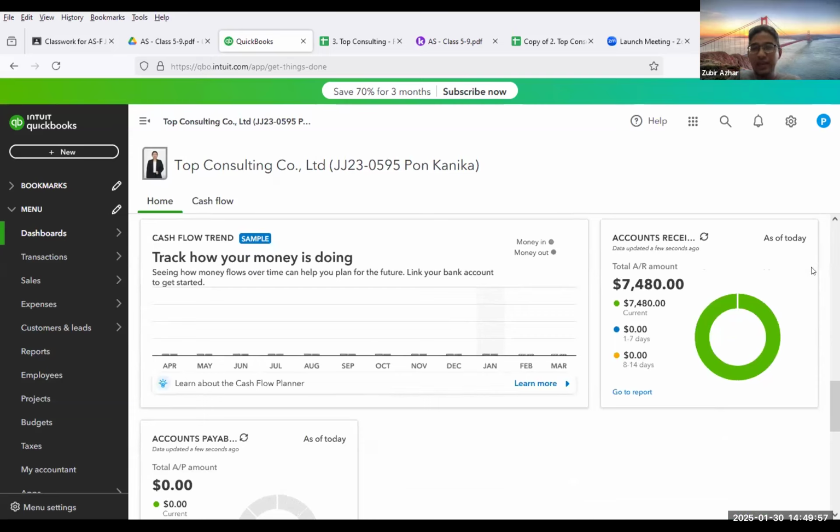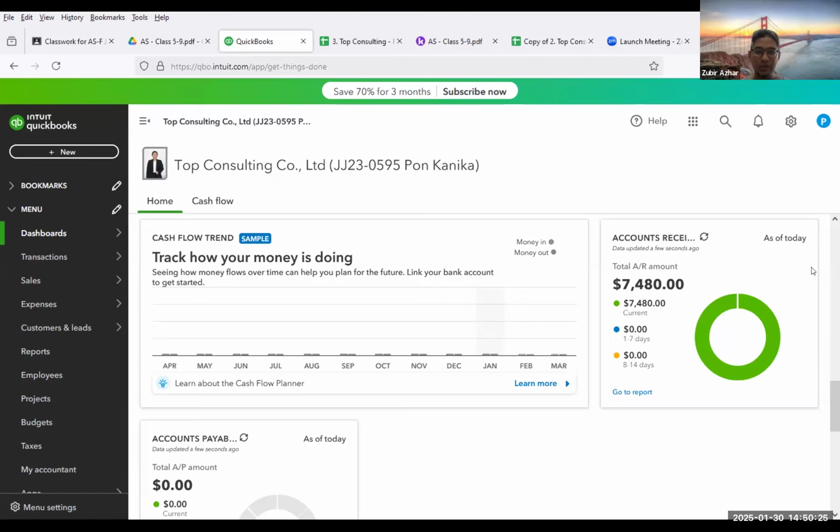It's shown there, right? So 100% you have not collected. So if you want to know why my money is not so large, I don't have much money in my bank account, then you can check: have your customers paid the sales that you have made to them? So it seems like you haven't collected from them. So maybe you can send a reminder and ask them to make payment.